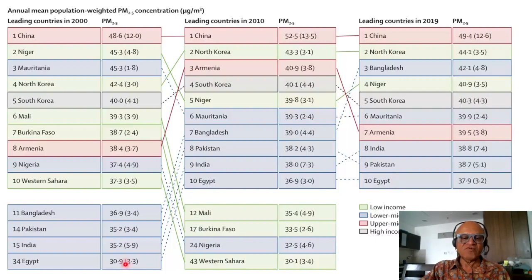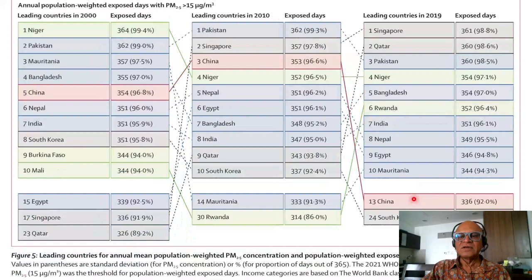The numbers went from 30.9 micrograms per meter cube to 36.9 and 37.9 respectively for 2010 and 2011. So none of the places are systematically getting better. Small countries like Mali here went from number 6 to number 12 and doesn't even show up in the top 10 for 2019. Okay. Looking at other places,